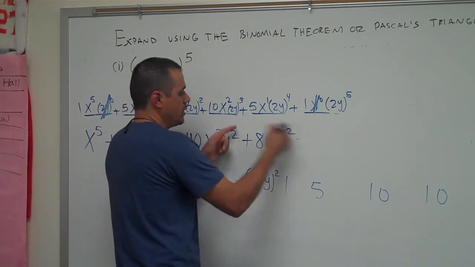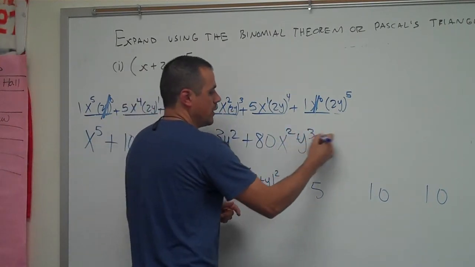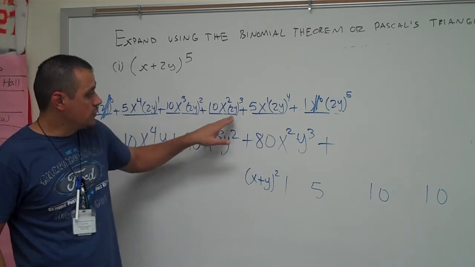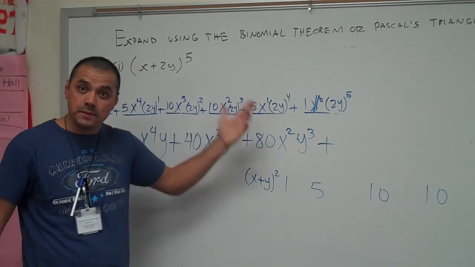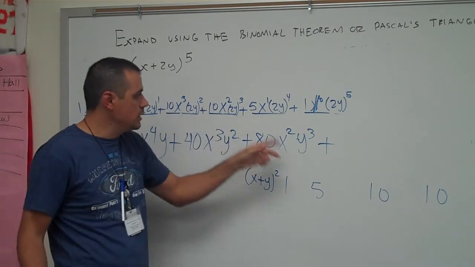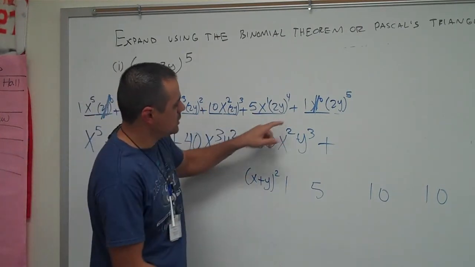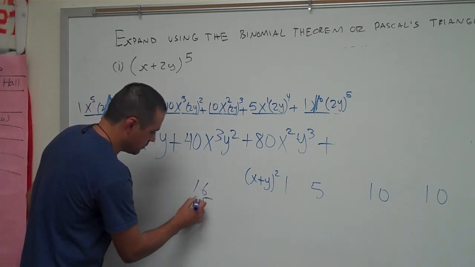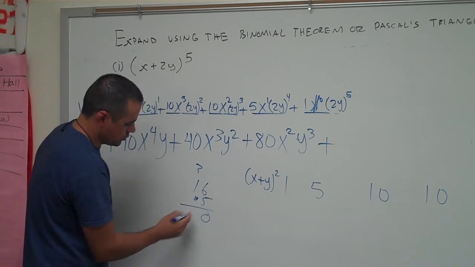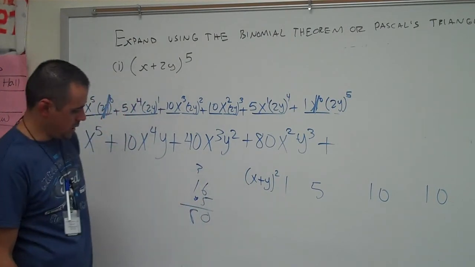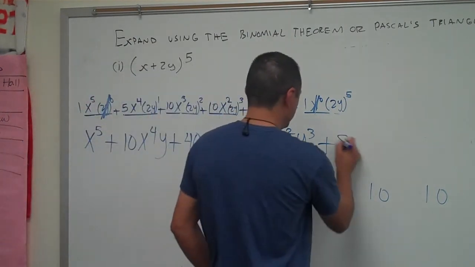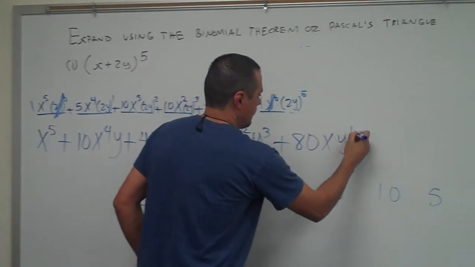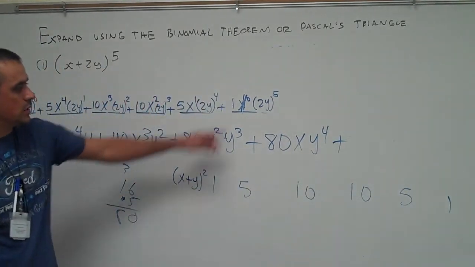80x squared, but then it's going to be y to the third, plus, now 2 to the fourth. So if 2 to the third was 8, then 2 to the fourth must be just one more 2, right? So 16 times 5, y to the fourth. So 16 times 5. Oh my God, I should know that off the top of my head, but I don't. Oh, 80. Cool. So 80x y to the fourth, and then last but not least is going to be, well,